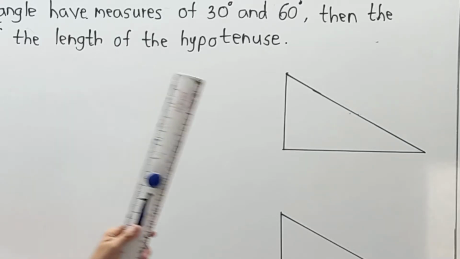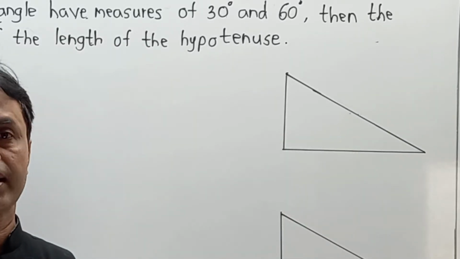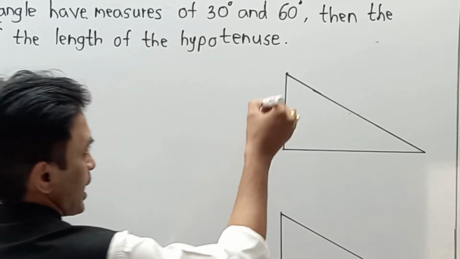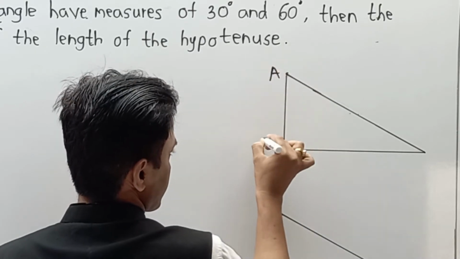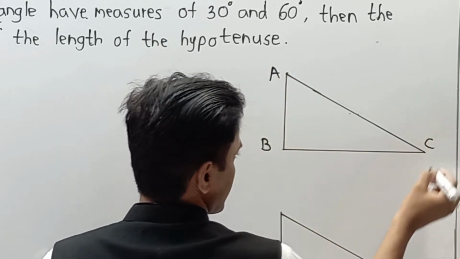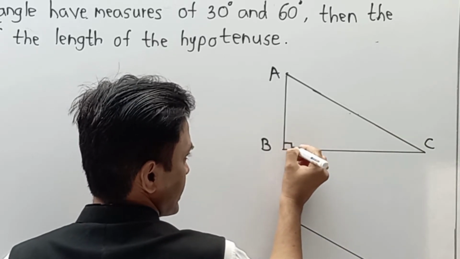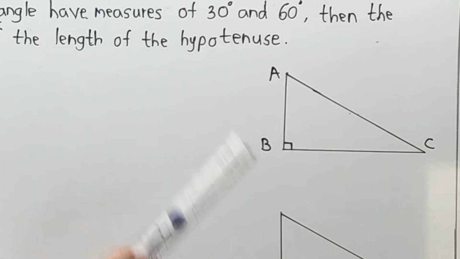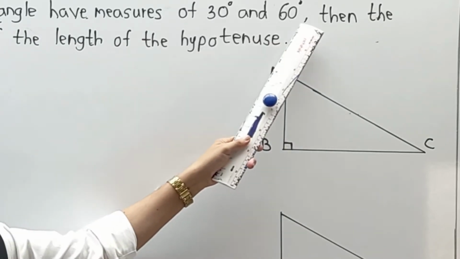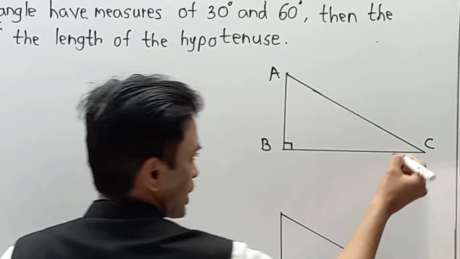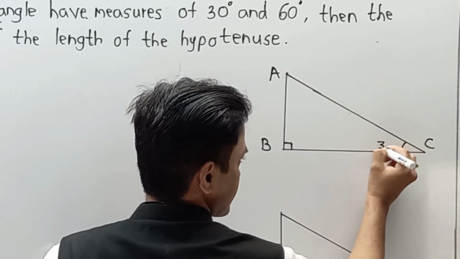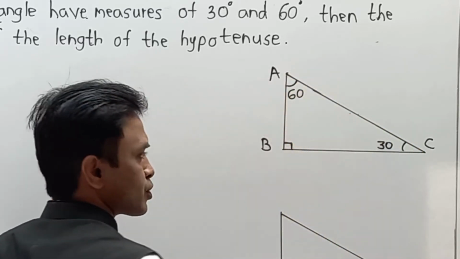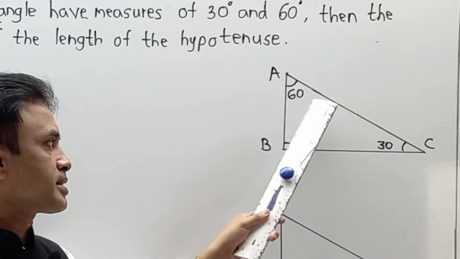I am going to clear the same part in terms of a diagram so that everyone can understand. Let us say this is a given triangle over here, and I am going to name it triangle ABC. First, they have given one angle as a right angle, so I indicated angle B as 90 degree. Next I have to indicate one angle as 30 degree and the second angle as 60 degree. So here I am going to take C as the 30 degree angle and A as the 60 degree angle. Now your entire triangle becomes 30, 60, 90.